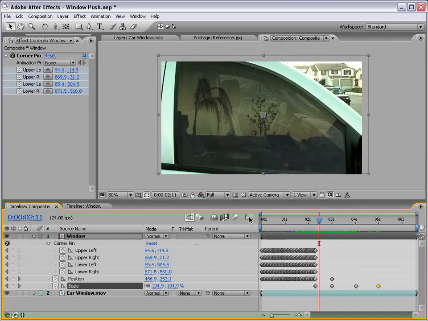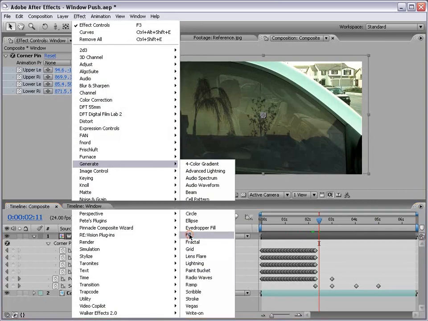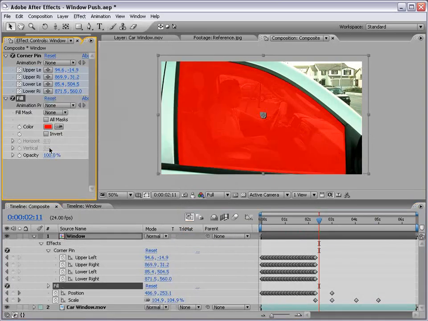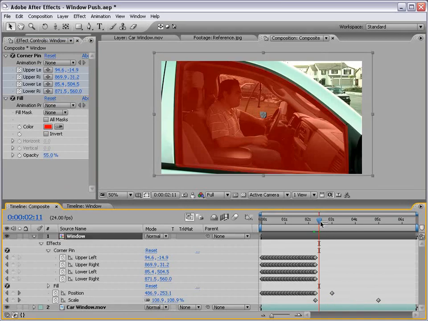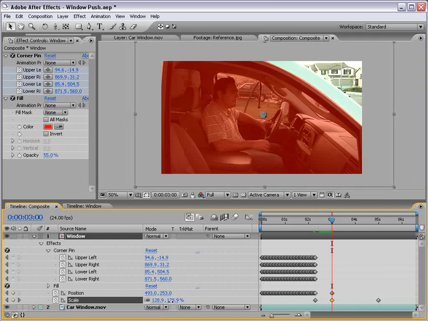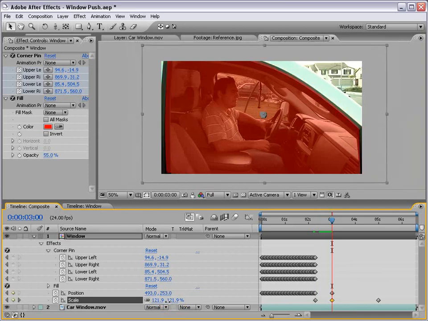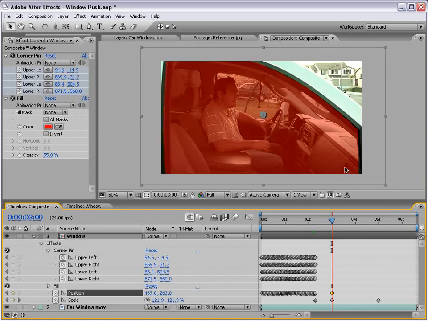Then shut that off. Now what I'm going to do is take my layer and choose Edit, Generate, Fill, so that way I can see my window a little better. And I'm going to bring the opacity down. And then what I'm going to do is delete our 2 interior scale keyframes. And basically what I need to do is scale this by hand, and then also move the position over as well. So we'll just do our best to